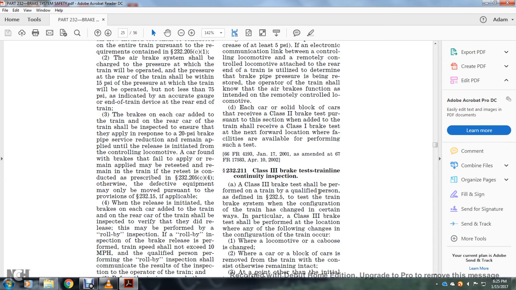A Class 3 brake test shall be performed on the train by the qualified personnel defined in Section 232.5 when the configuration of the train has been changed in certain ways. In particular, the Class 3 brake test shall be performed at the location where any of the following changes to the configuration of the train occur: where the locomotive or the caboose is changed;